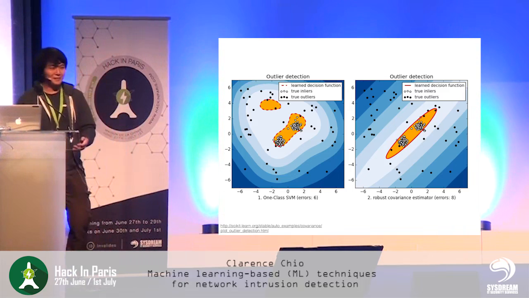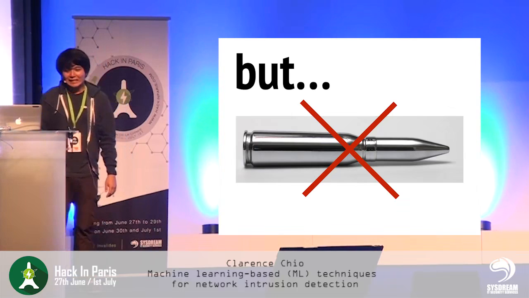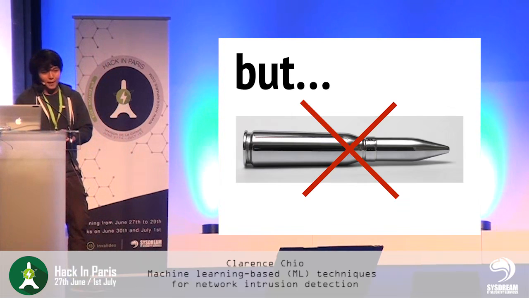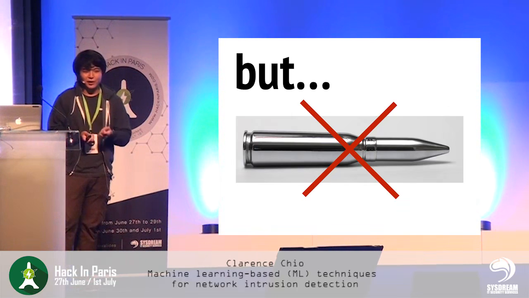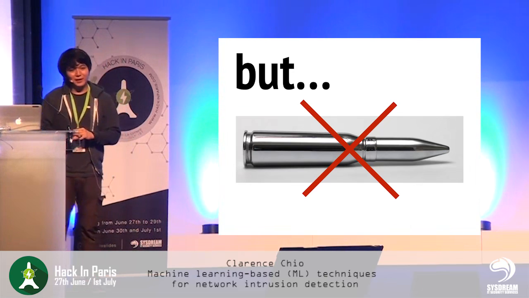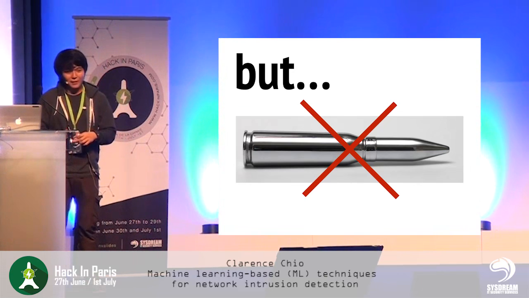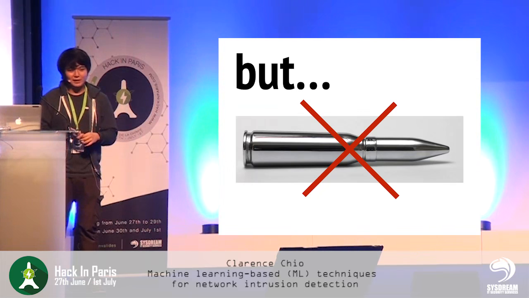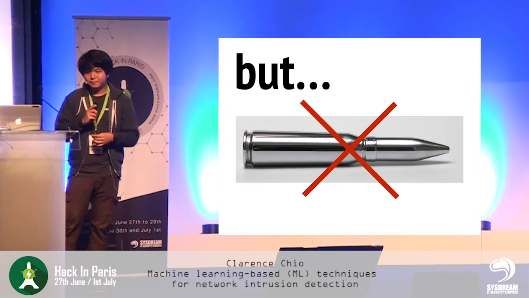But obviously, the reason I'm here is not to tell you about why machine learning is so great. There's already a lot of material out there that does that. It's not a silver bullet. If you remember the slide earlier where I showed a lot of companies are starting to use machine learning as a marketing term, I think a lot of people in the security industry tend to think that machine learning is this black box that can solve a lot of problems. But obviously, it's not, and there are problems with it because it was not designed for use in a security context. There are a lot of problems with regard to robustness, and especially in the field of adversarial machine learning, it is susceptible to attacks.